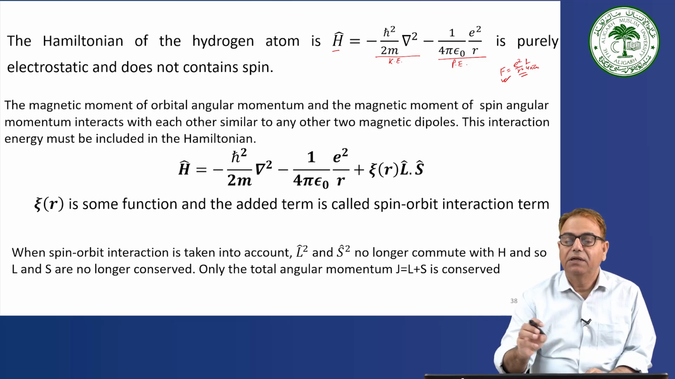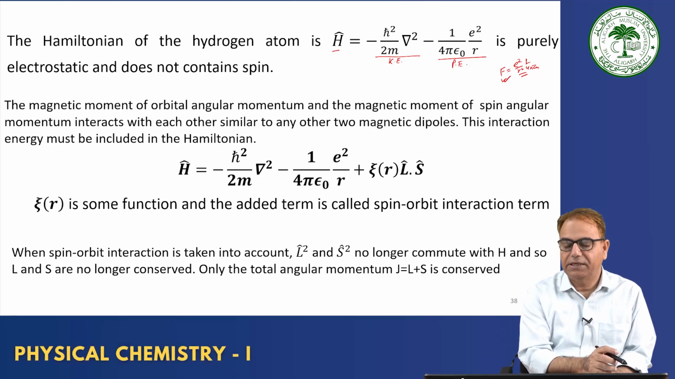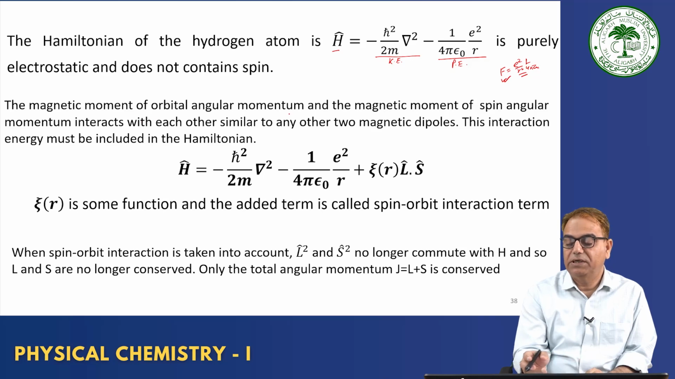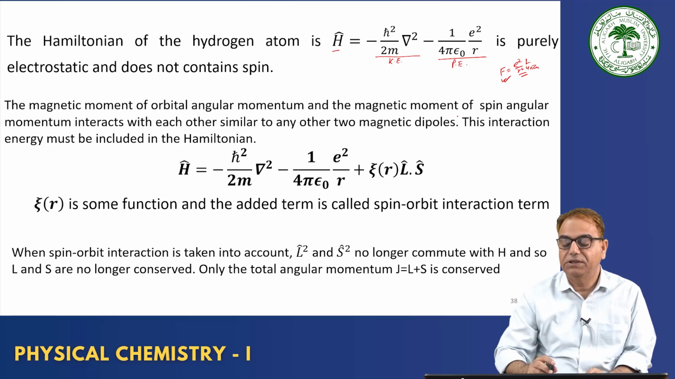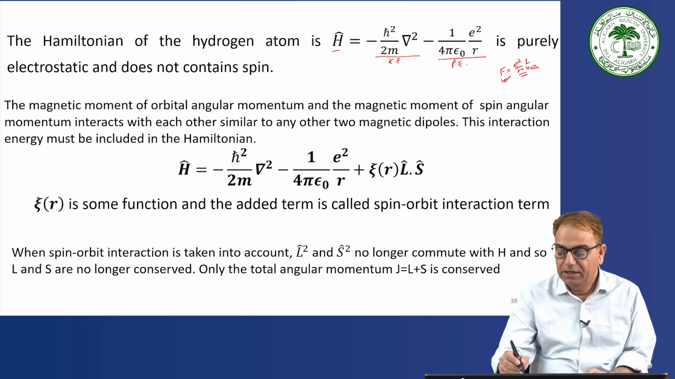But since we have seen that there could be an interaction between the orbital angular momentum and the spin angular momentum, two magnetic moments within the atom, the magnetic moment of the orbital momentum and the magnetic moment of the spin angular momentum interact with each other because they are dipoles. So like any other two magnetic dipoles, they will also interact. So this interaction also must be added into the Hamiltonian, and that part, if you add, is called LS